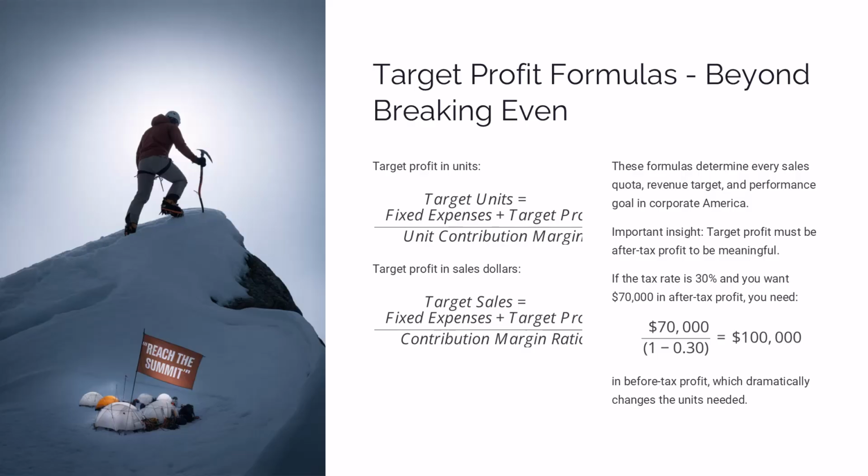When Amazon sets their famous day one targets for new businesses, they use target profit analysis to determine that a new venture needs to generate $100 million target profit at 35% CM ratio, equals ($100 million plus fixed costs) divided by 0.35, in revenue within 3 years to justify continued investment, which at their typical contribution margin ratio means roughly $285 million in revenue, explaining why they shut down ventures that seem successful but don't hit these targets.